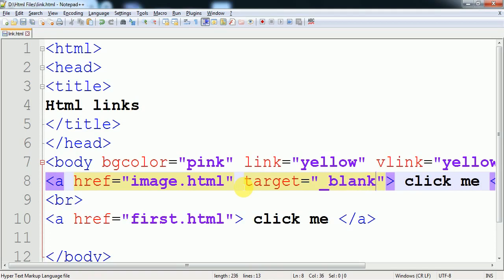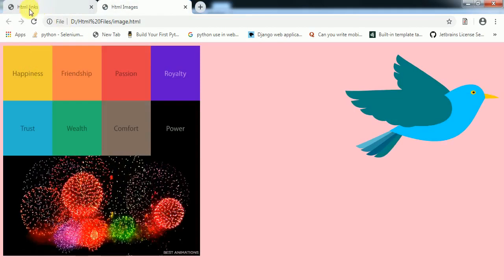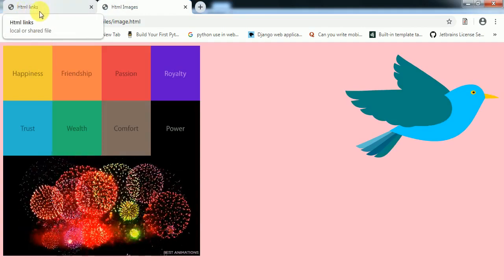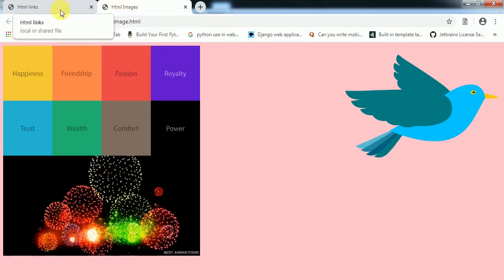See the effect. Now when I use blank, instead of opening the file in the same tab, it opens the file in a new tab. Click on this. So you see that here is the links.html file, and here is the image file.